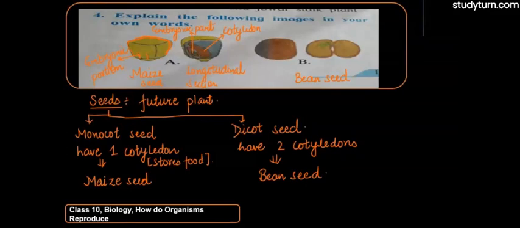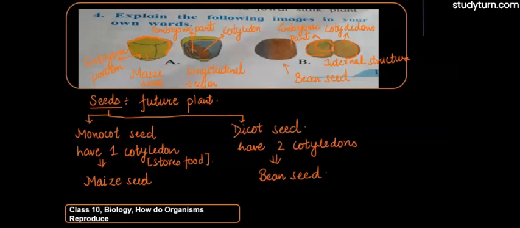Okay, then the second, the dicot seed, here is bean seed. This is the full structure of the bean seed. Then this is the internal structure of this seed, in which we can see these two cotyledons. These two are cotyledons, and here we can see this is the embryonic part, and from the embryonic part the future root or future shoot is going to arise.